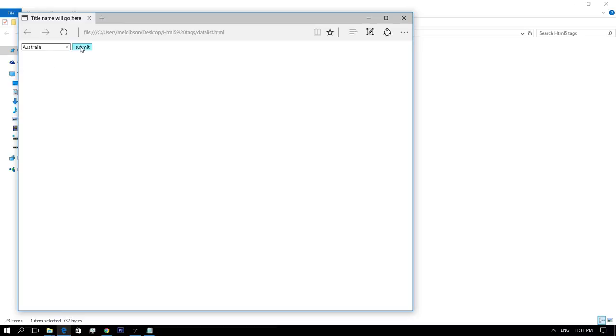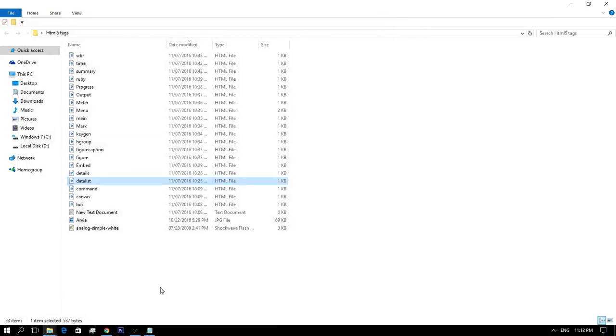You can use the input element's list attribute to tie it together with the datalist element. So let's now proceed to the other element.